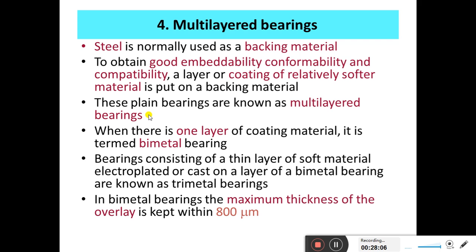If I join two workpieces with the help of a weld, can we call it a bimetal? With the help of welding, I am going to join the two metals. Is it called a bimetal? No, with welding it becomes a trimetal. So bimetal means without using any other third substance going to join. Without using any third substance, the two metals are joined. That is called a bimetal. So how can we achieve this?